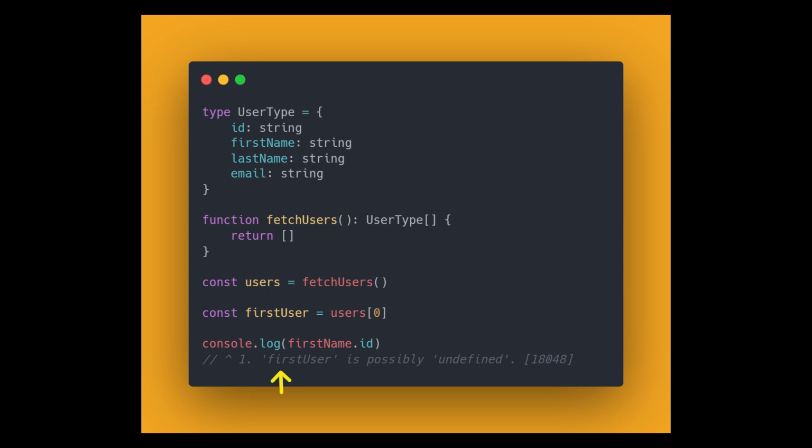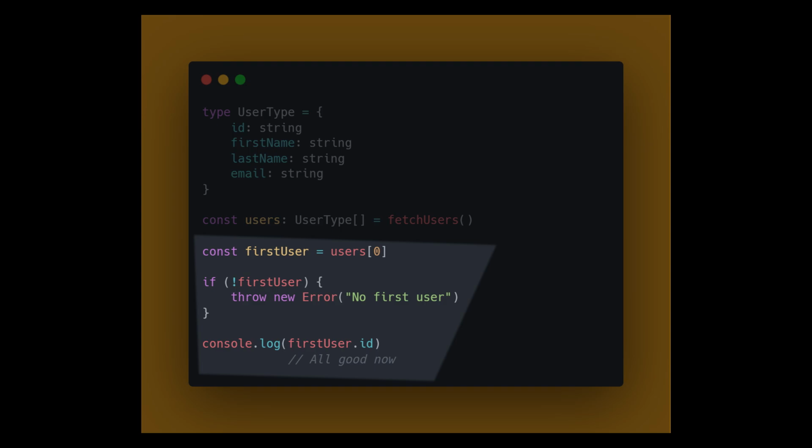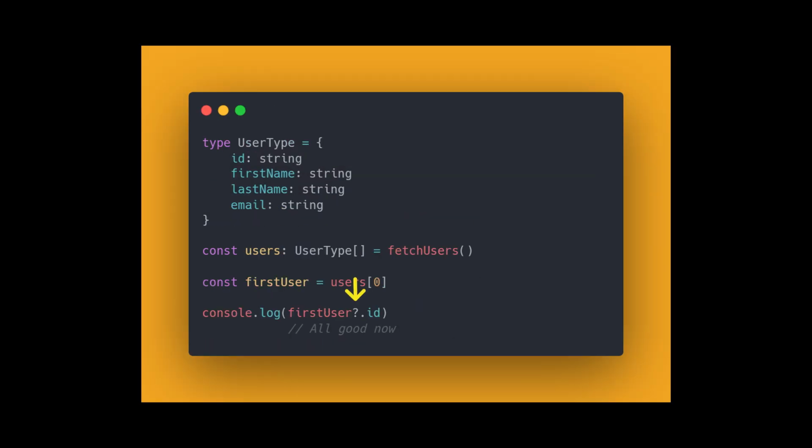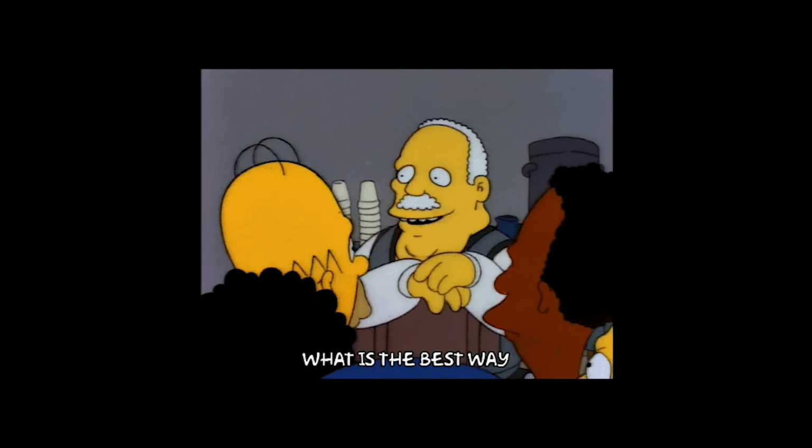There's two ways to fix this. You can either throw before using the first user, or use optional chaining before you try to access the ID. Both work, and it kind of depends what you want to do and what's the best way to handle it for you. Now that that case is covered, this sort of interferes with literal arrays and tuples if they aren't